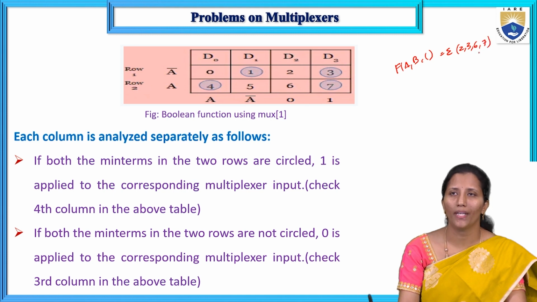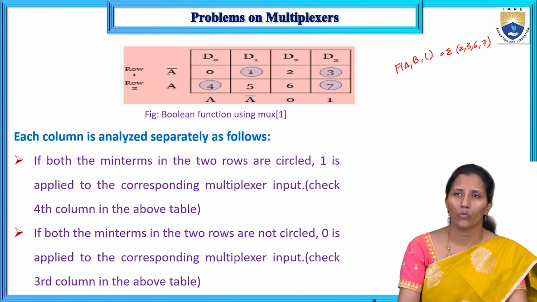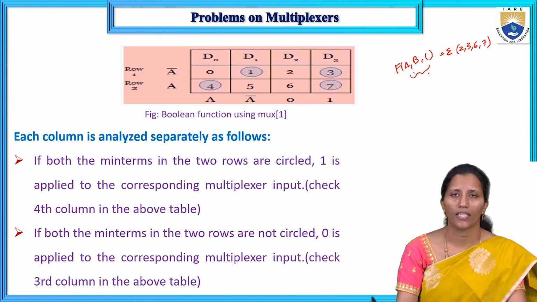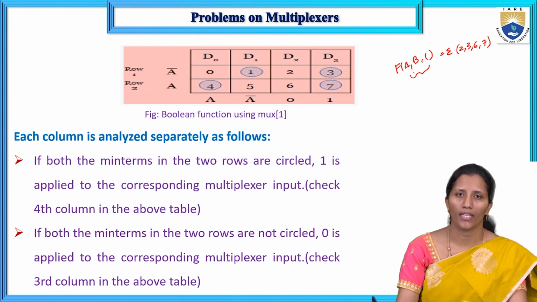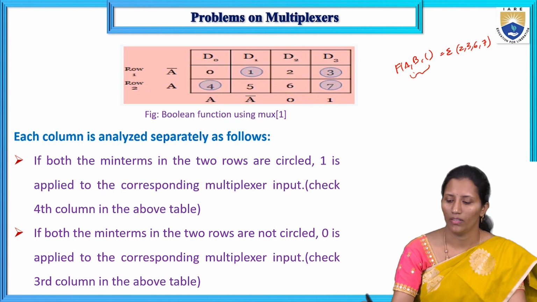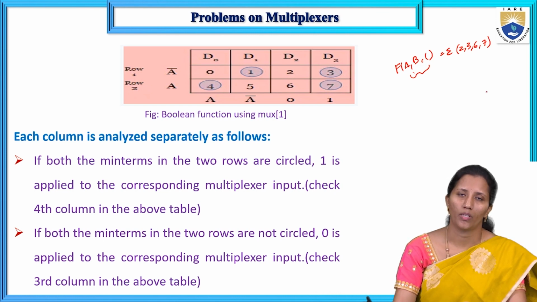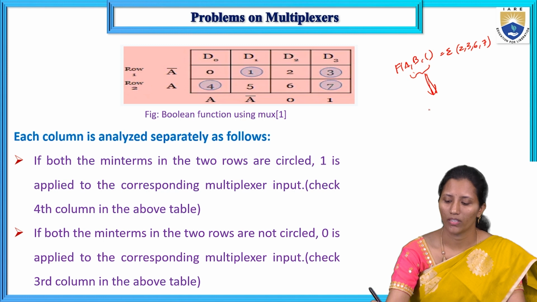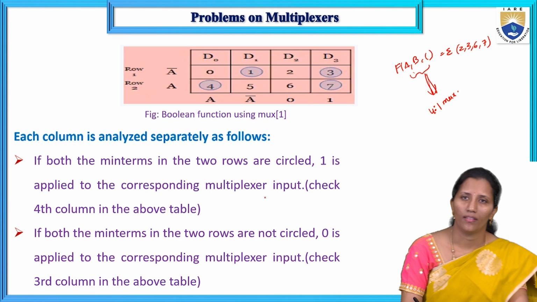So we have to implement this Boolean function using a 4:1 multiplexer. Here A, B, C are 3 inputs. For 3 inputs we get 8 input combinations, 000, 001 up to 111. Directly, using an 8 by 1 multiplexer we can connect the minterms present in the Boolean expression to 1 and the other minterms to 0. But if we want to implement this Boolean function using a 4:1 multiplexer, we have to apply this